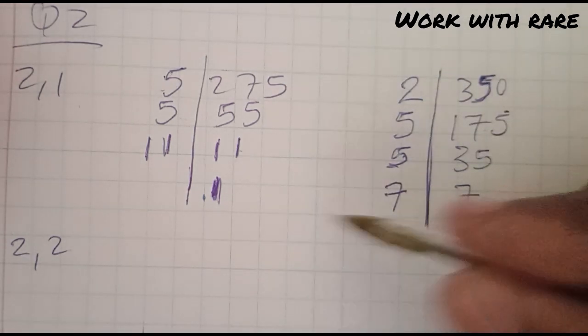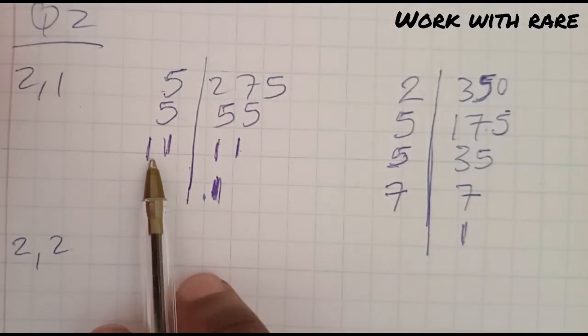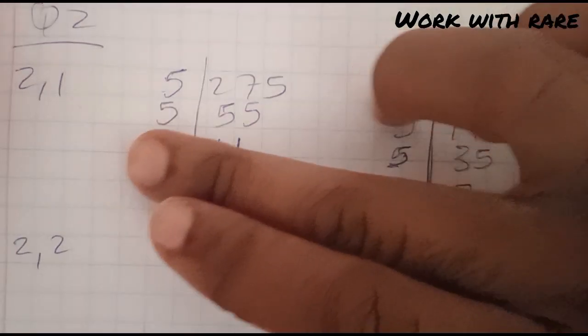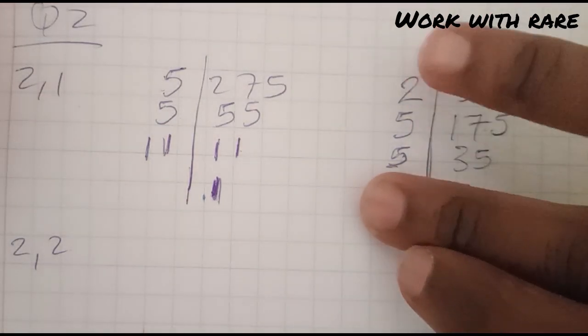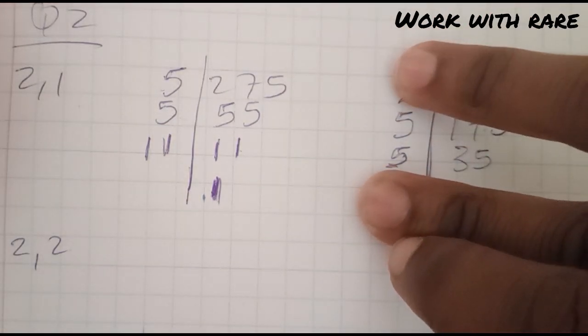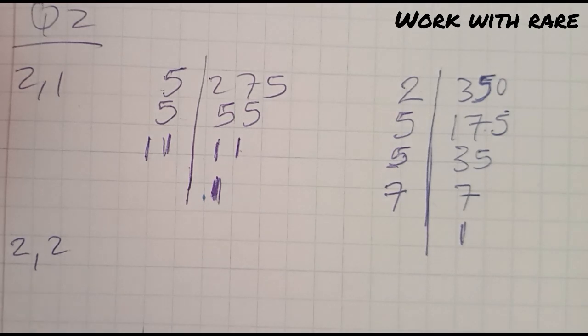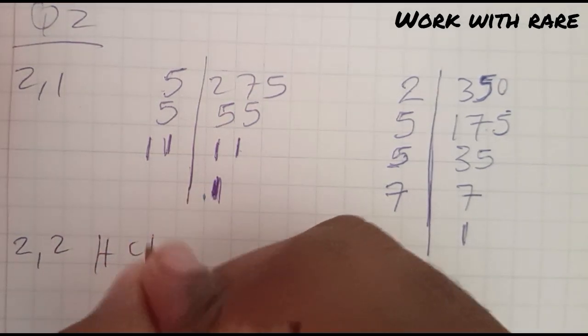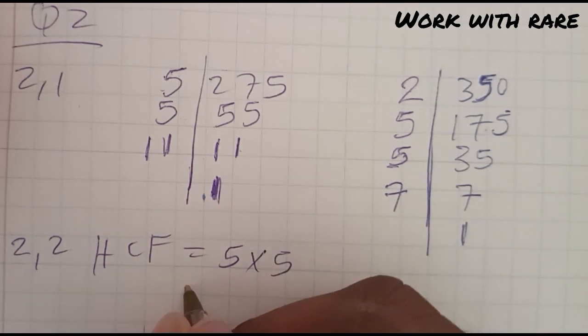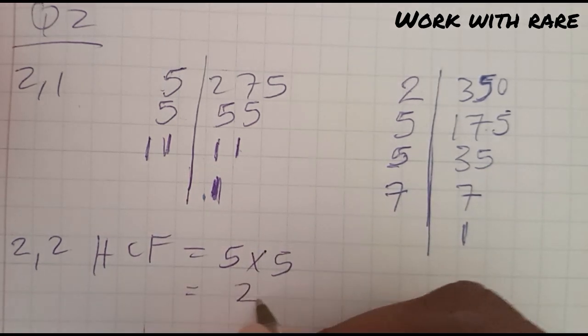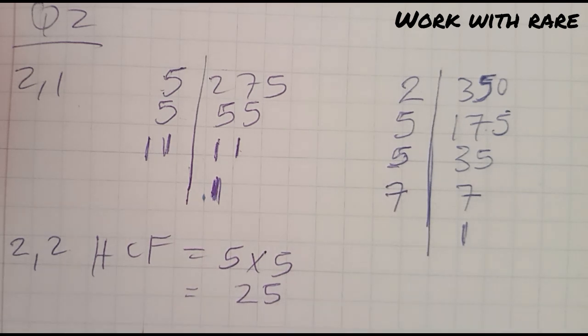And I don't have 7 this side, and I don't have 11. So here I'll have 5 and 5, and here I'll have 5 and 5. You see? So my highest common factor is 5 multiplied by 5, which is 25, which means 25 is the highest common factor of